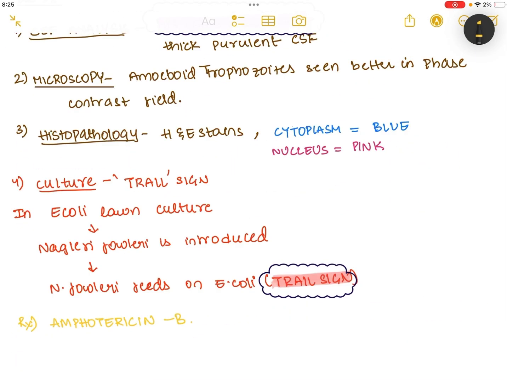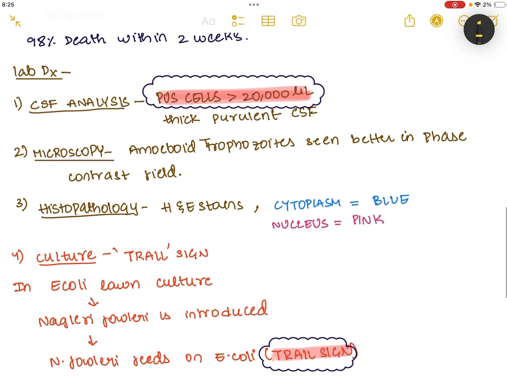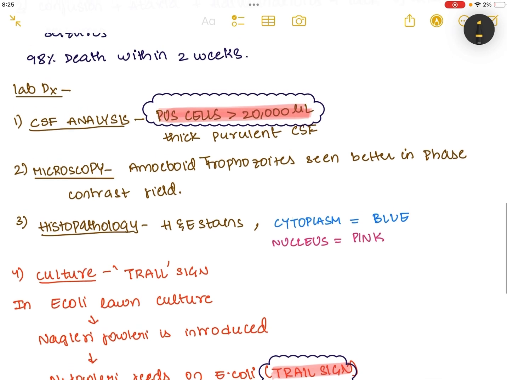Histopathology using H&E stain, the cytoplasm is stained blue and the nucleus is stained pink. And if you do the culture, for the culture, I want you to imagine a plate where you have E. coli. If you drop Naegleria fowleri into it, it just eats all the E. coli and it makes a sign which is called the trail sign. That means you can clearly see this Naegleria feeding on the E. coli. It's important to remember this trail sign, and also the thick purulent CSF which is filled with pus cells,